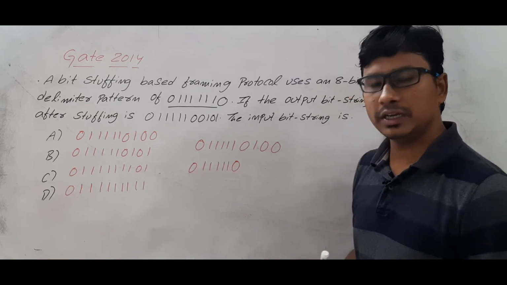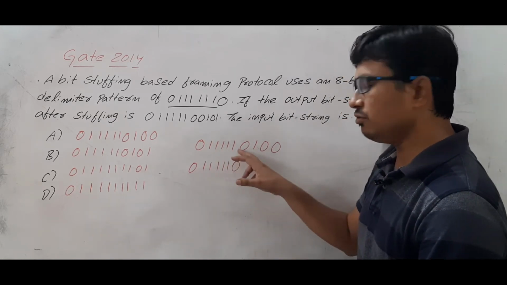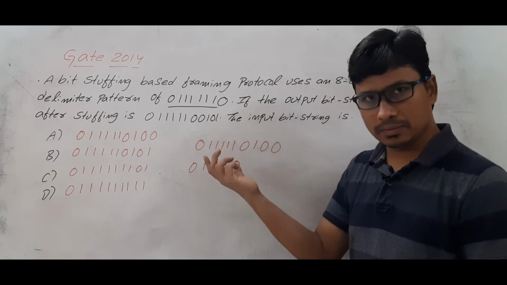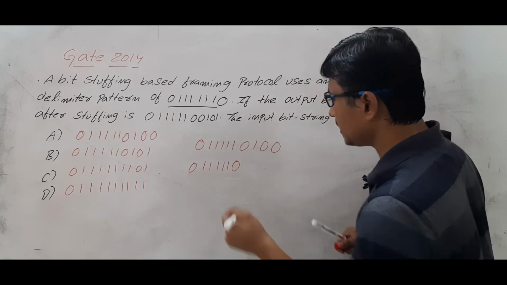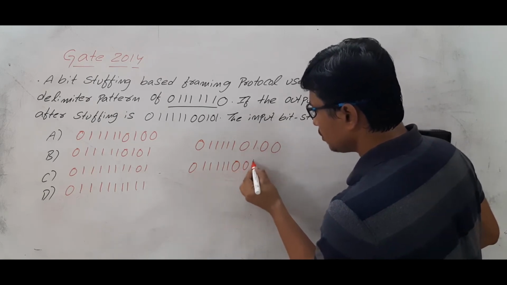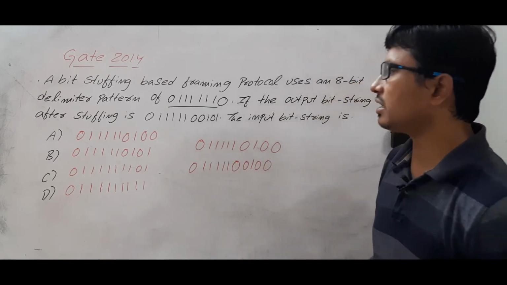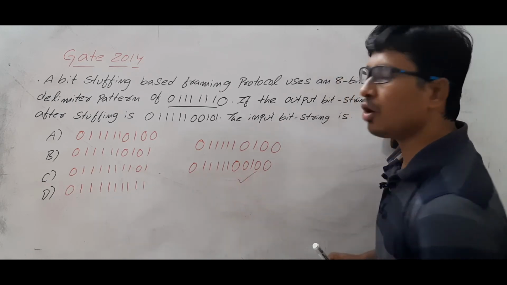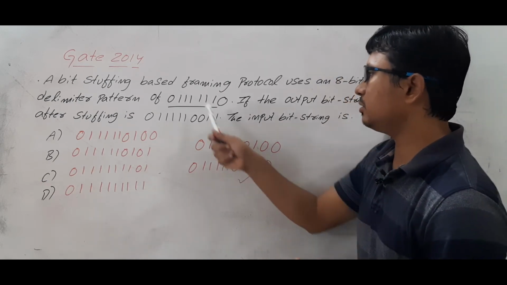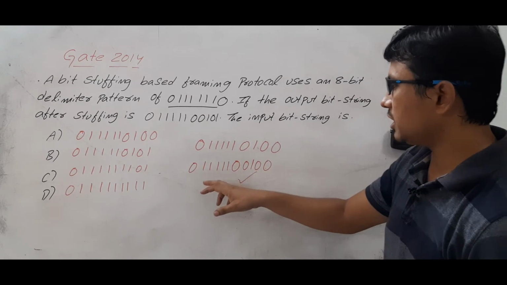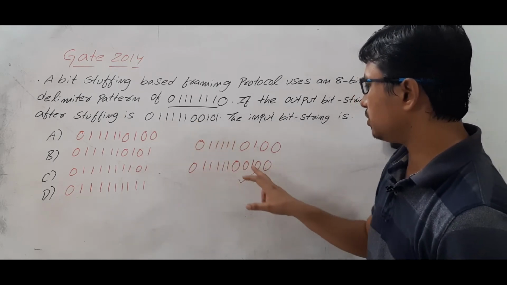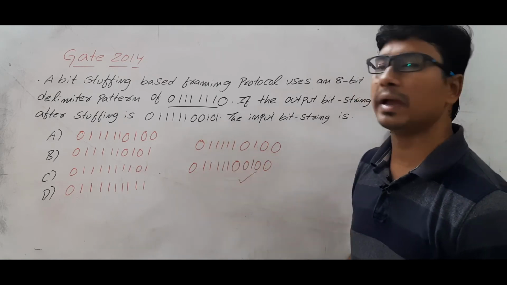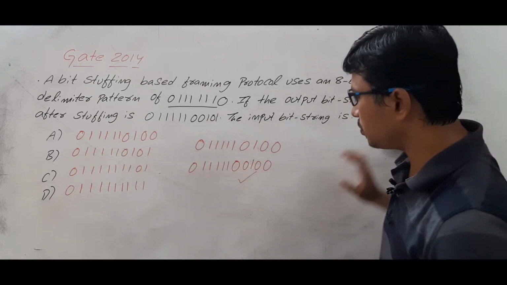What this means is that after 5 ones, if a 6th one comes, or a 0 comes, you keep a 0. And then 0, 1, 0, 0. This is the data you are sending. So this is the output you will get for this input and this end delimiter. You check whether it is matching or not. 0, 5 1s, 0 0, 1 0 0, which is not matching. So this is not the correct input.